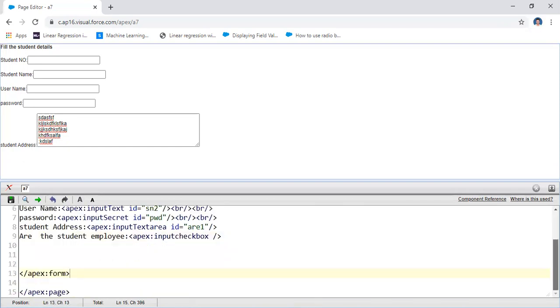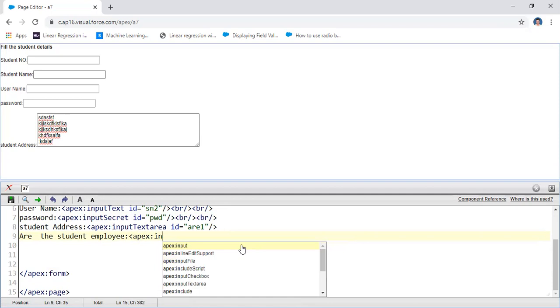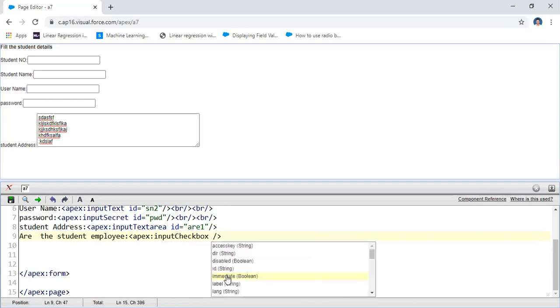Input checkbox, id. The id value is a string. Here you may take, for example, any value.